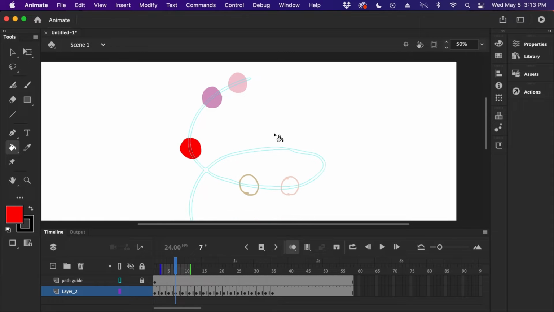Now, again, one thing to note is that this paint bucket tool would only work if your path is closed. So for example, if your circle is like that, an open path, it won't work. So if you click the paint bucket tool and try to fill it up and it doesn't work, one reason for that would probably be your path is open. So you need to close that up.